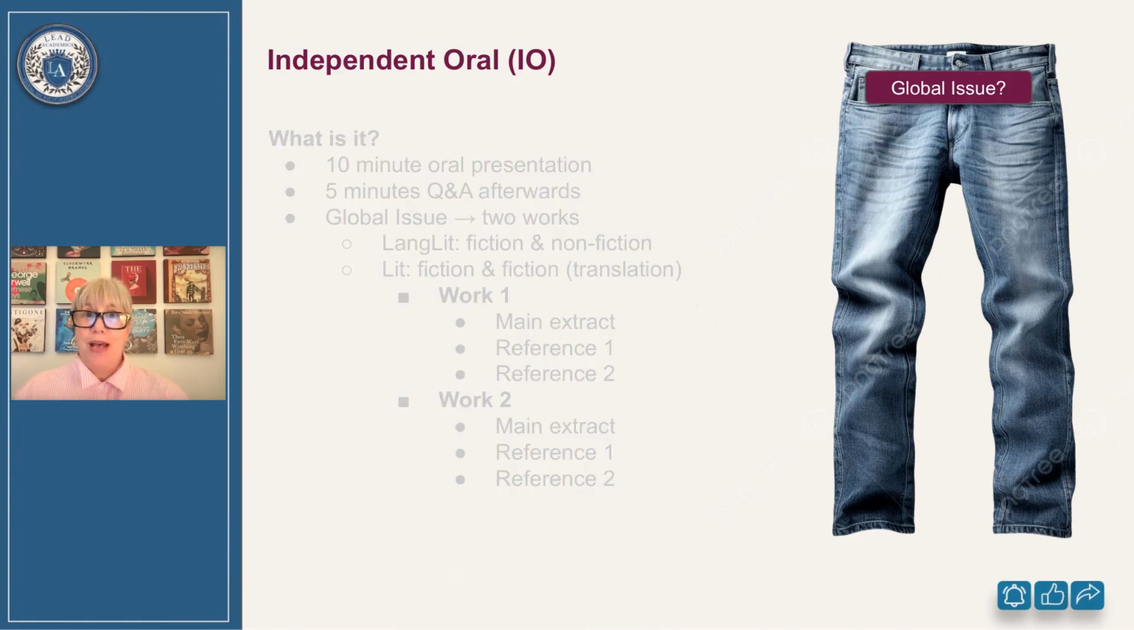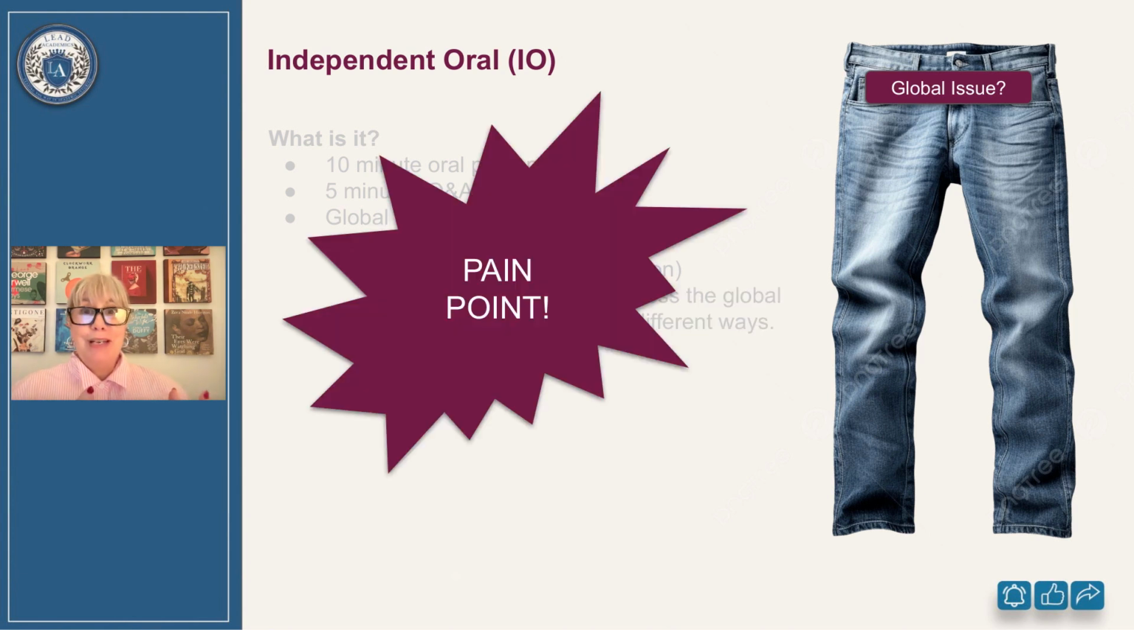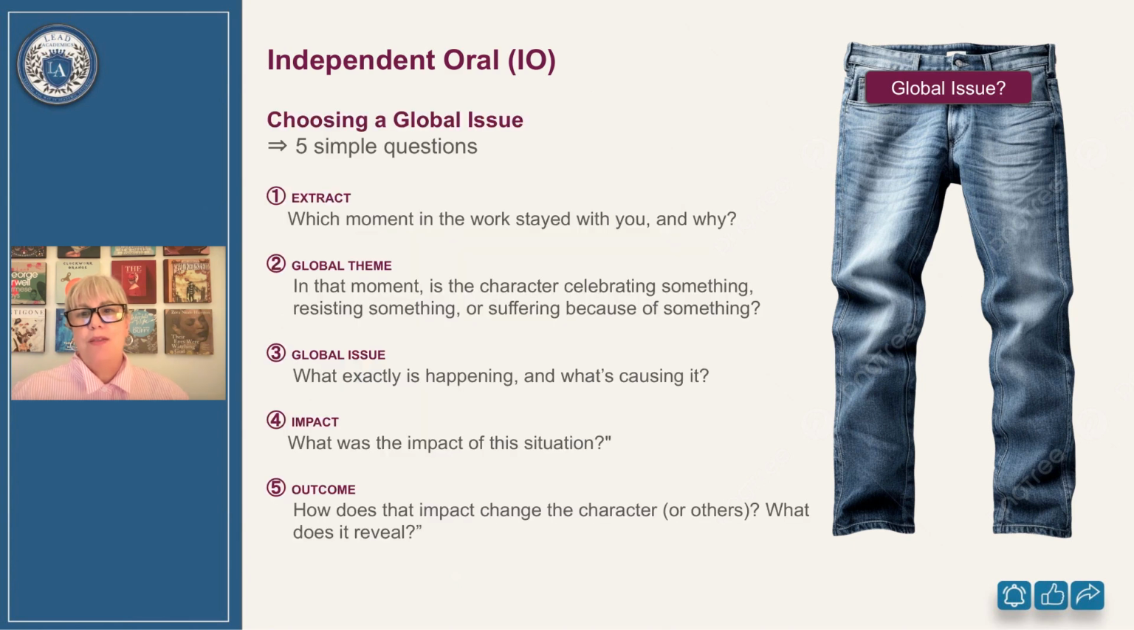But before all of that happens, the students need to choose a global issue, which is why we're here today. Choosing a global issue is in itself a major pain point. So to make things easier for my students, I came up with these 5 simple questions. First, how to find the extract, how to define the global theme, how to narrow that field down to a specific global issue, and then how to recognize its impact and its